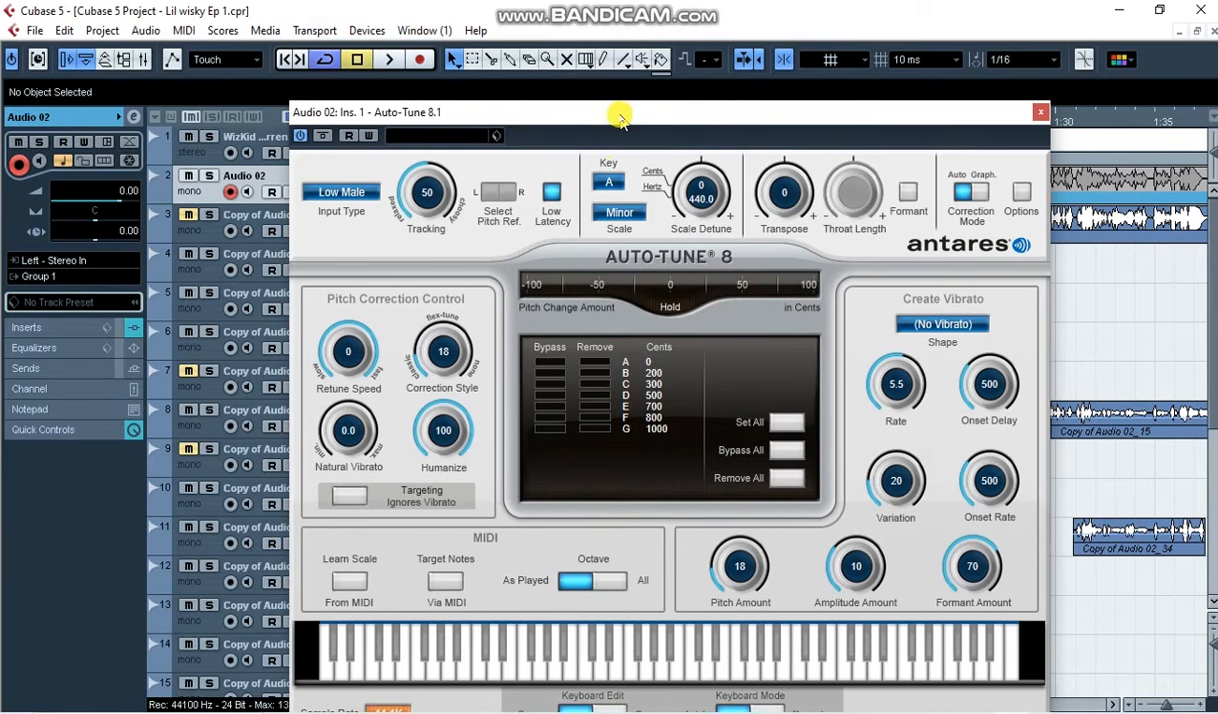Alright, so guys, right after this, I'm gonna show you a trick. If you wanna sound natural, just give it retune speed to about 20 or 30. Alright, if you wanna sound natural